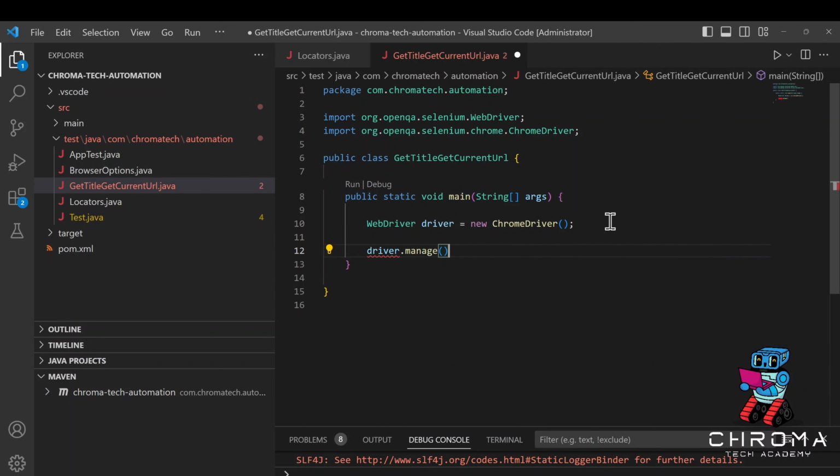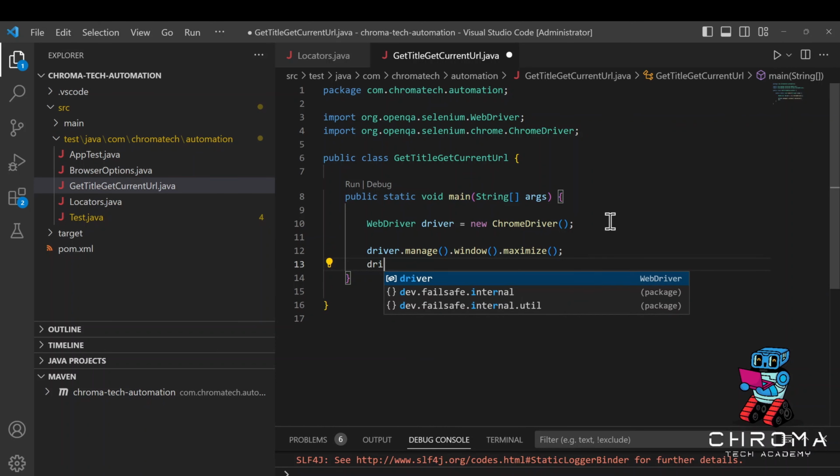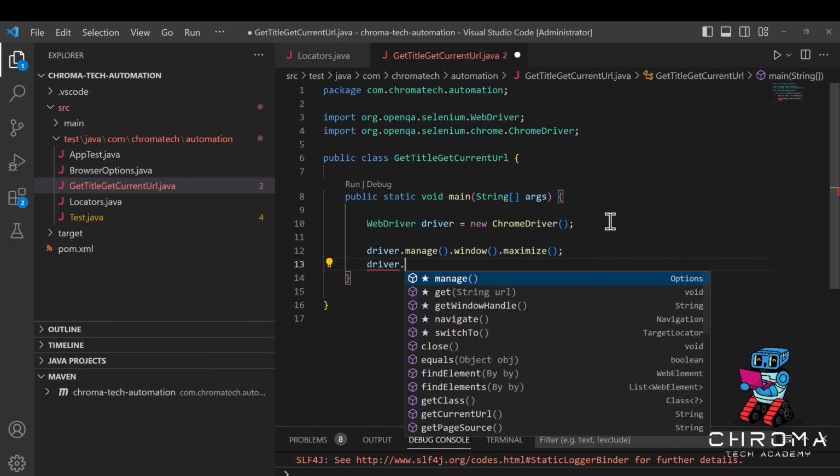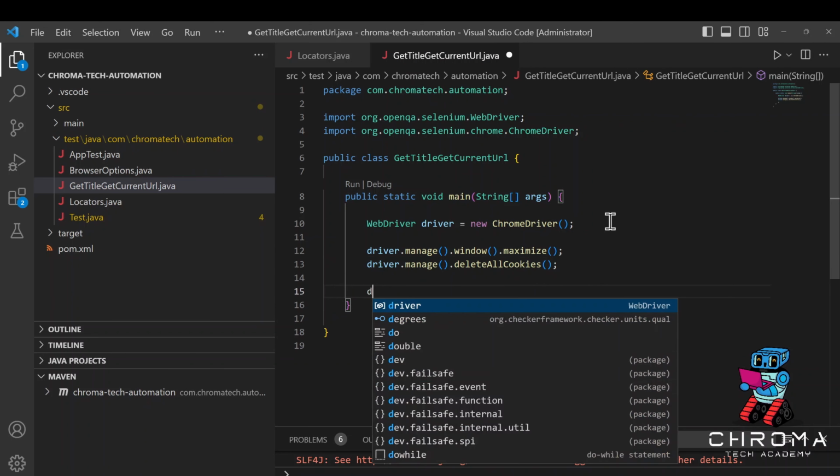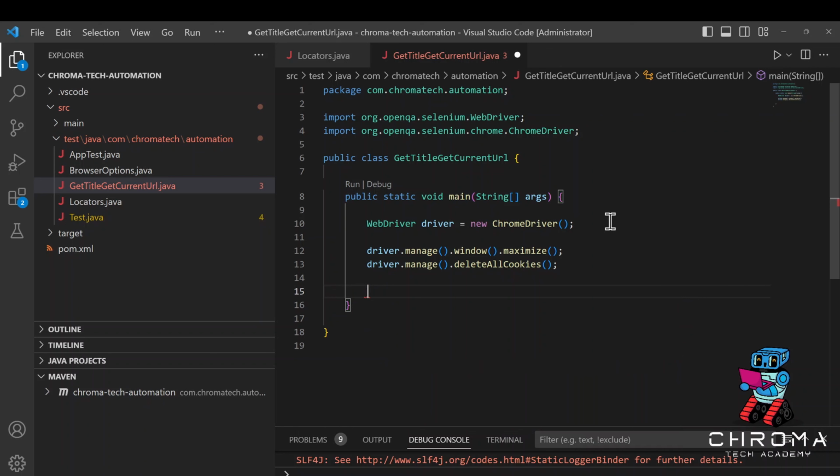So I'll say driver.manage.window.maximize. I do remember also deleting cookies as well. We talked about that. We said driver.manage.delete all cookies, and then finally we can do driver.get. We actually stored the URL though in a string like this. So I'm just going to